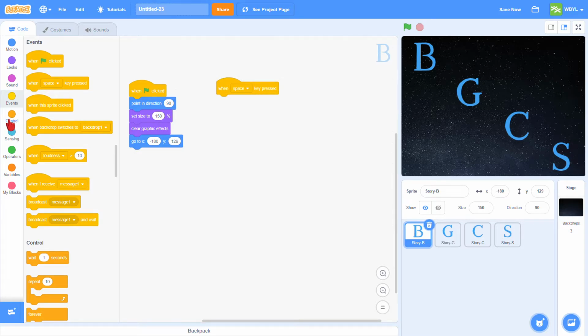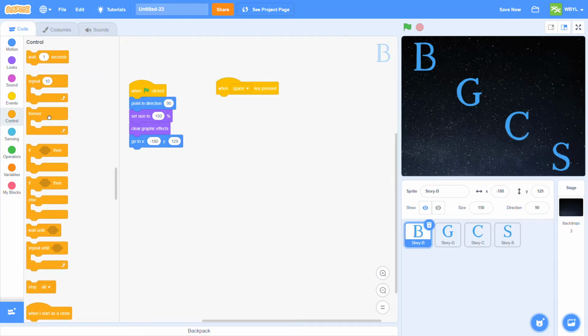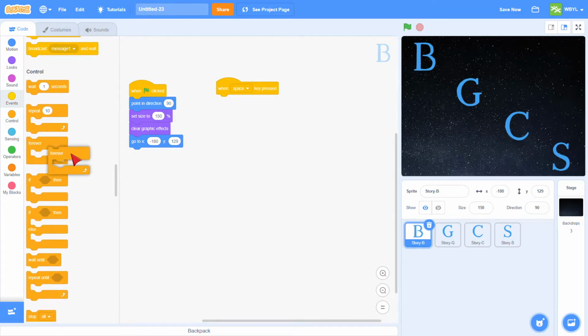I'm going to go to control, and we're going to grab this forever block. Kind of looks like an alligator's mouth. But don't grab repeat 10 or if blank then, because they're the same shape, but they're different functions. Basically what's going to happen is everything that's inside of this after I hit space key is going to happen forever until I hit the stop sign at the top there. If I get repeat 10, then it's only going to happen 10 times, or you can change it to 100 or to 2, whatever you'd like, but we need forever because what we're going to do is go up to